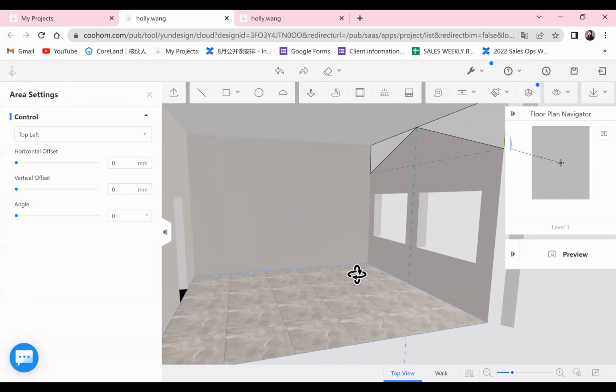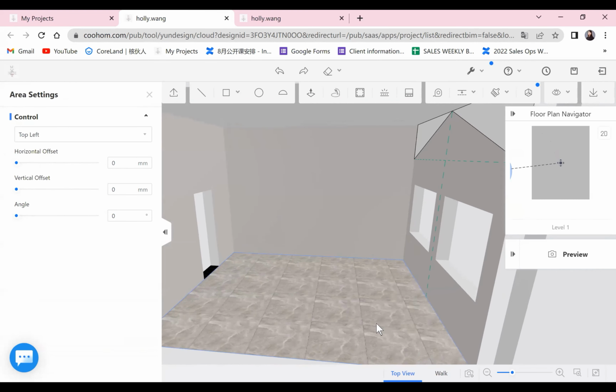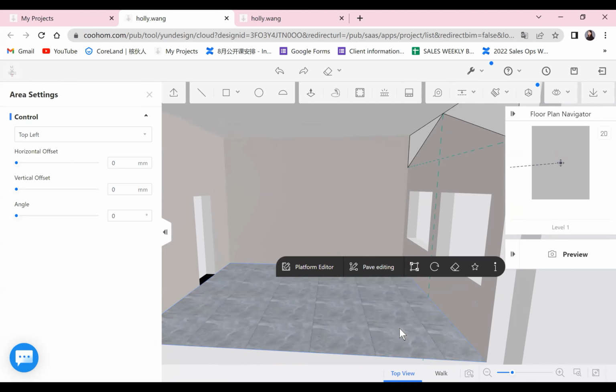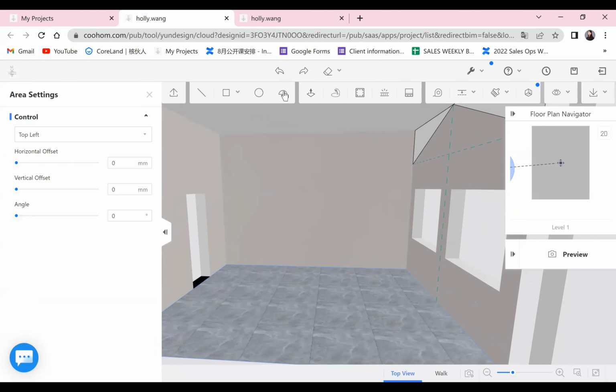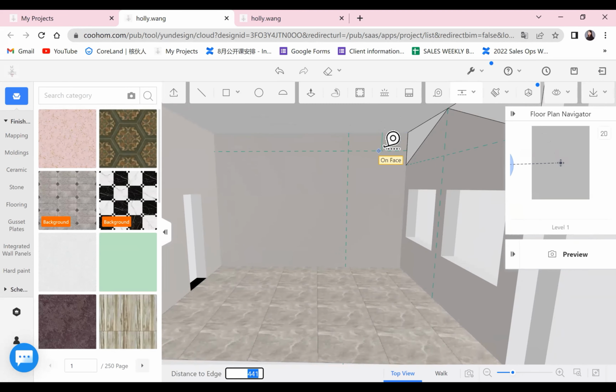All right, so I will leave the shape here and let's draw the beam first. I will go to here and you need to decide where you want the beam to be. I will also use guides, maybe 1,500, and this one here, 400, and another one, 200, and one more.